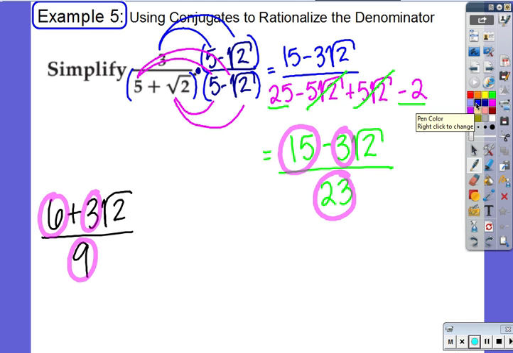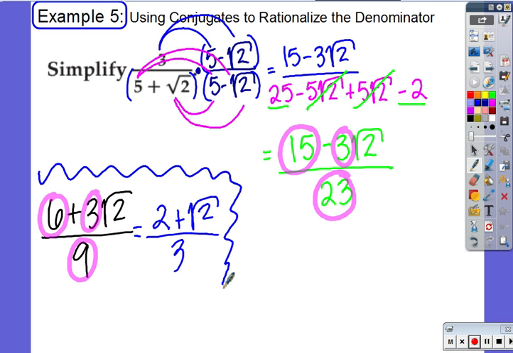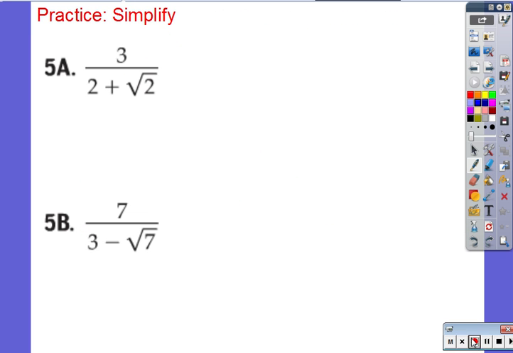So what's 6 divided by 3? 2 plus what's 3 divided by 3? Goes away, so square root of 2. And what's 9 divided by 3? 3. So in the blue is what that extra problem simplifies to. I just want you to be careful whenever you see stuff like that. So we're going to do one more together, and then you're going to do 5A by yourself. So you do need to check and make sure everything is simplified, or as simplified as it can be,